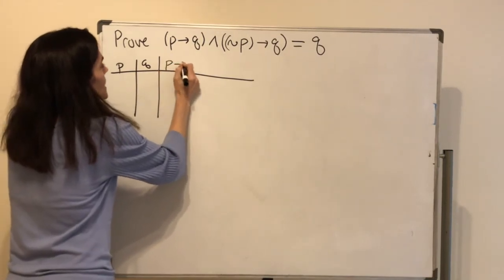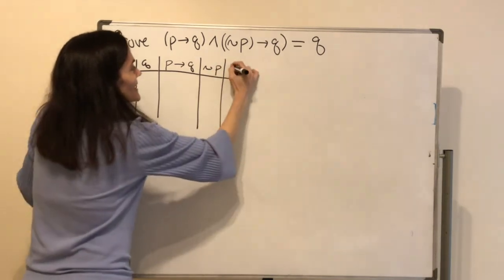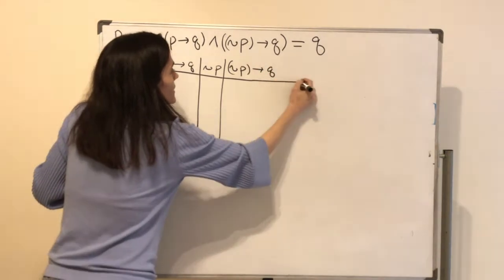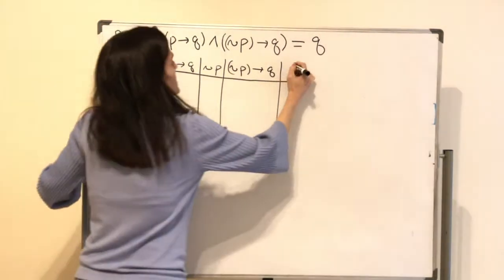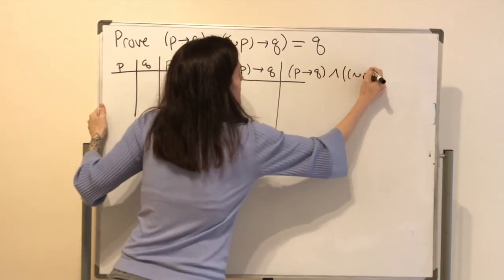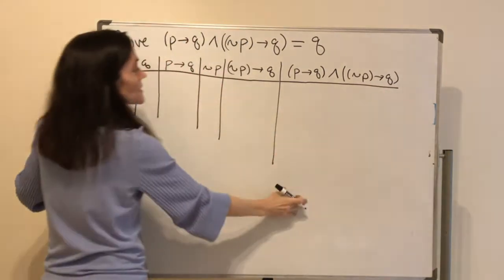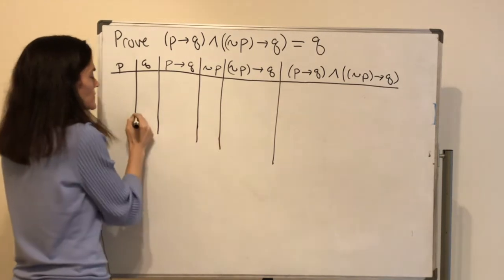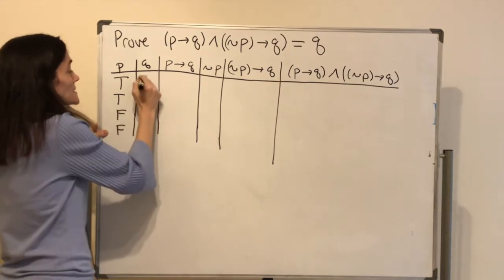Well, I need a P implies Q. I need not P. I need not P implies Q. And then the final step here is it's an and. So I need P implies Q and not P implies Q. And we should see that this very last column and the column for Q are the same pattern of T's and F's. So I begin with my 4 possibilities